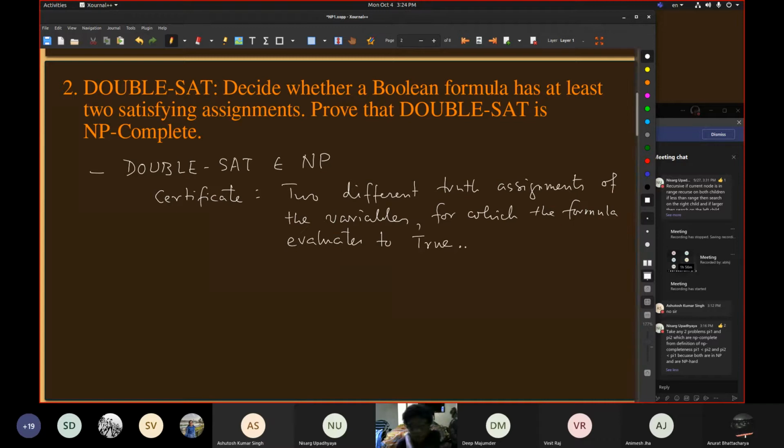And you can just plug in the truth values of the variables in the formula and figure out whether this is actually a true certificate. So first of all, we check that these two assignments are different. Simply plug in the truth values in the formula to evaluate the input formula, maybe phi, and you show that in both the cases phi evaluates to true. Okay, so this can be done in polynomial time in the number of variables plus the length of the formula. That's important. Then you show